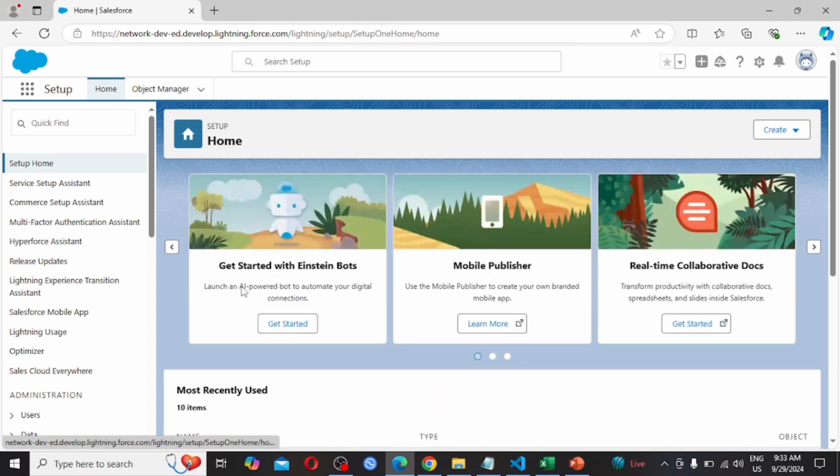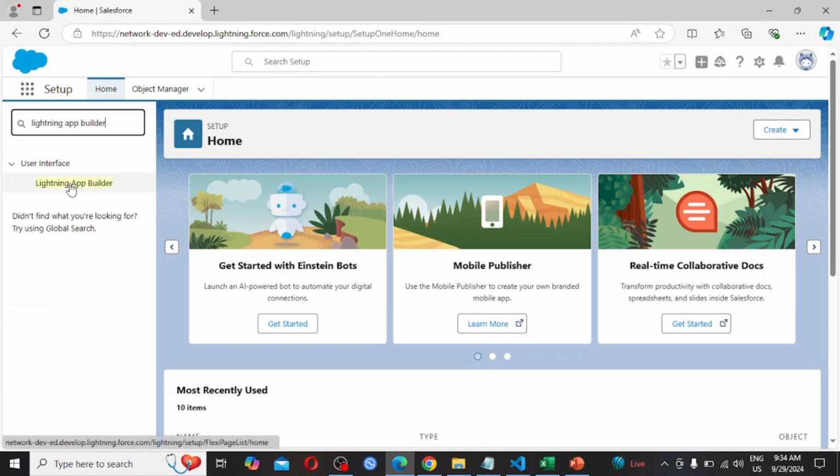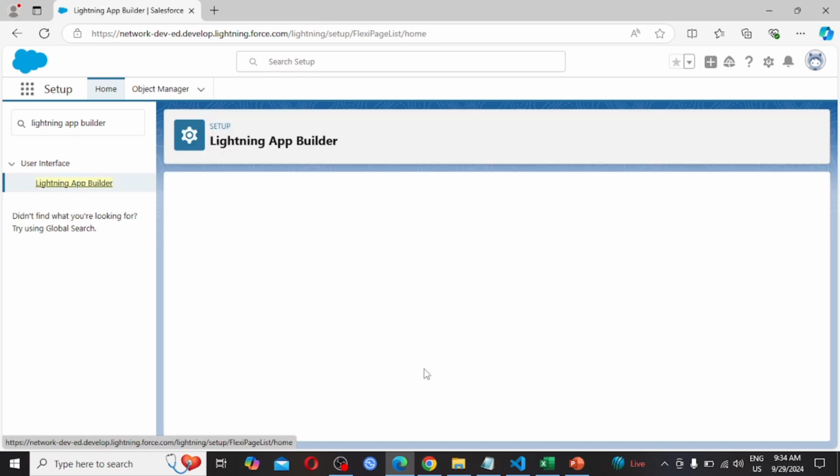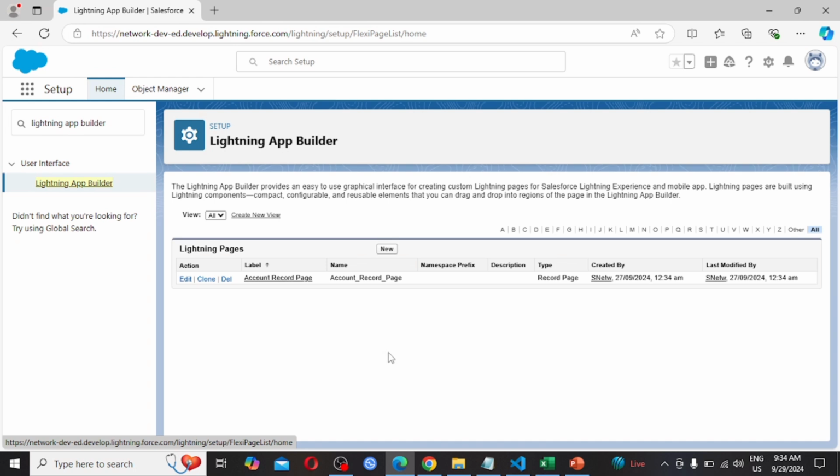So in the next step we are going to create a Lightning app page. So first we need to search Lightning App Builder. Click on this. So for now I am going to create a new Lightning app page. The Lightning App Builder provides an easy to use graphical interface for creating custom Lightning pages for Salesforce.